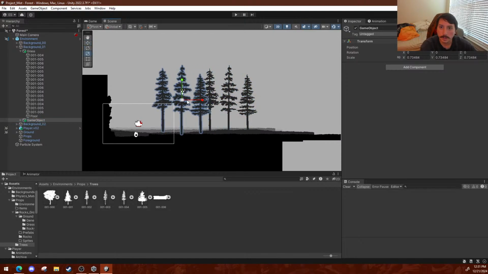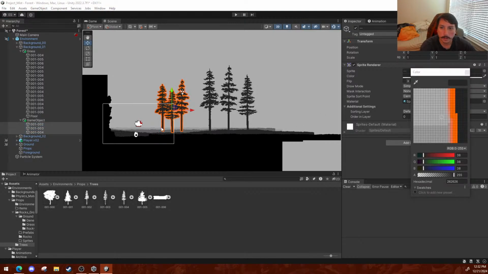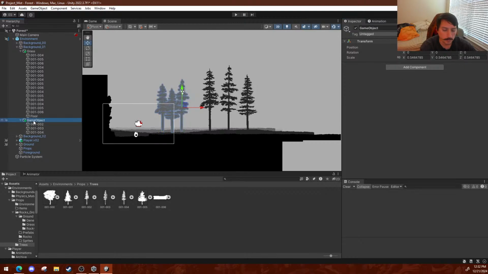Because as you get further away, your trees get smaller. That is the idea, at least. I will make the groupings a little bit different. Actually, screw it, let's move them. Oh, that's good. So then we take this and we make the color this so they match, and then finally we put them into the final background over here,